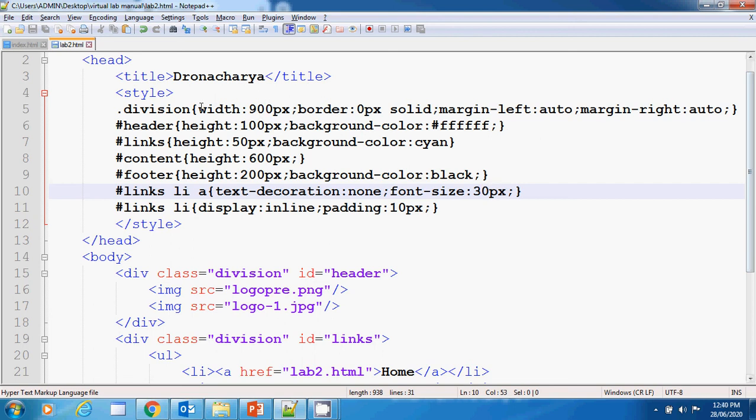So I will change this thing only. Right now I have given it as 900 pixels. I will just change this 900 pixels to 100%. We will use a percentage form.